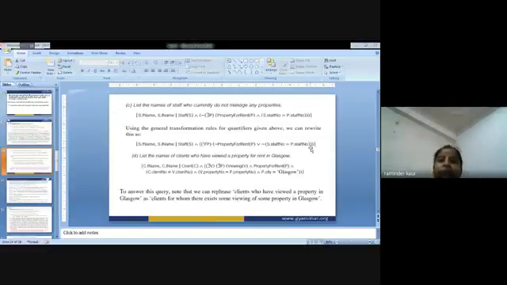Same with D, you can have a look at the D query. List the names of clients who have viewed a property for rent in Glasgow. You can create a table for property for rent in which there is a city, and put that city as Glasgow. You can write the names of the clients. Have a look at the interpretation of the query.